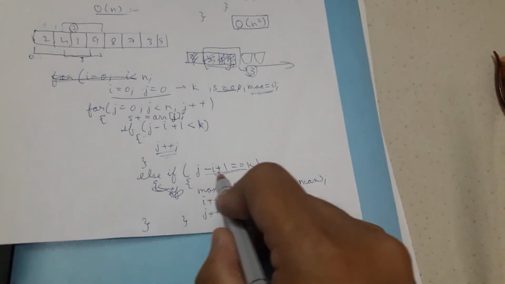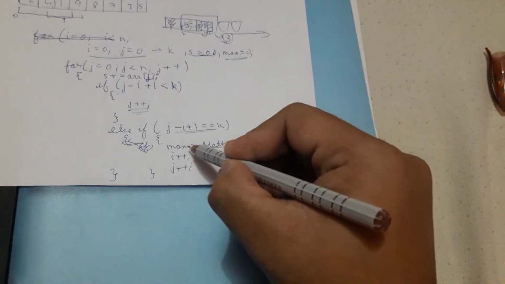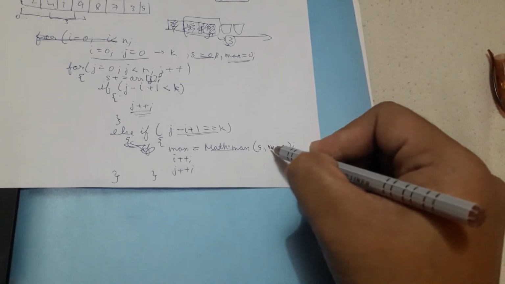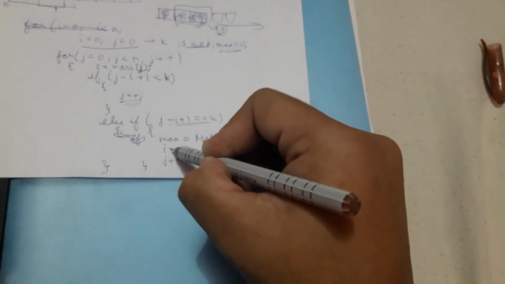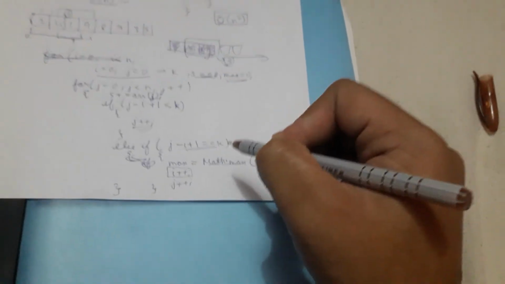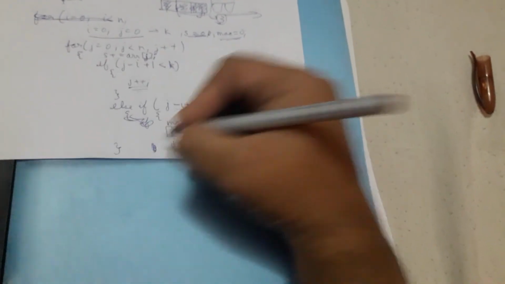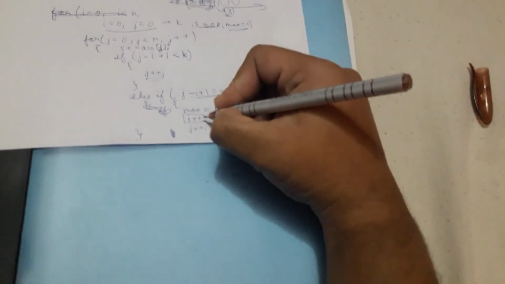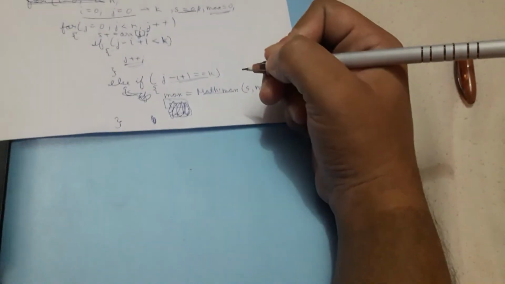As I reach my limit, I would have to check, has my limit been reached? If it has been reached, I will compute my maximum variable. I will find the maximum between my sum and my max variable, which is initially initialized to 0, and then I will update my i variable. Why am I doing this? Why am I updating my i variable? I have to add another condition over here. See, when I'm updating my i variable, I will not update immediately. Before updating my i variable, I have to make one more modification.